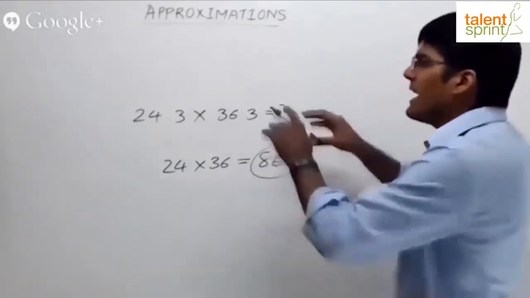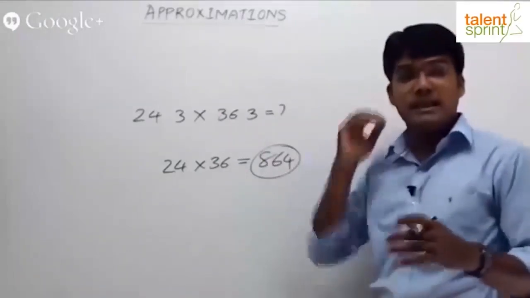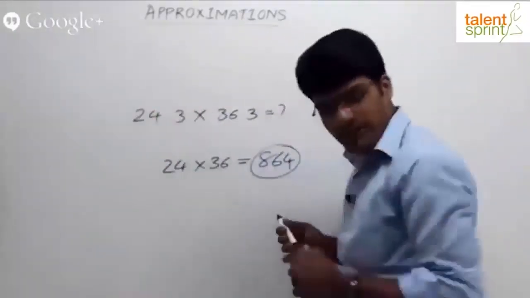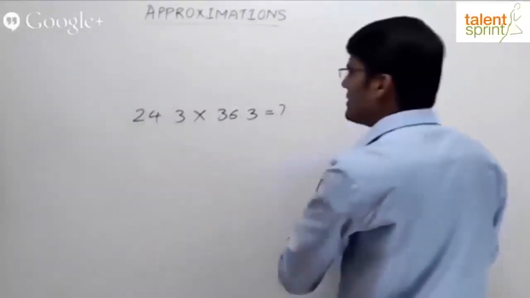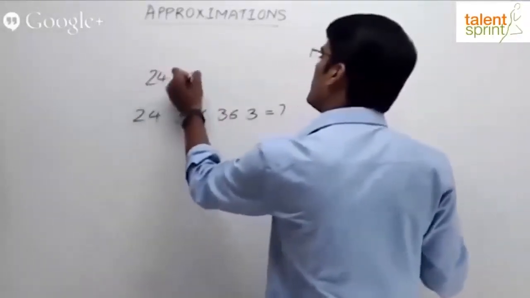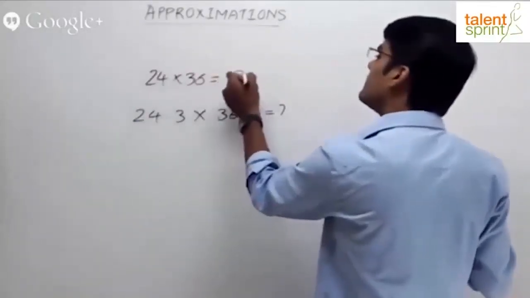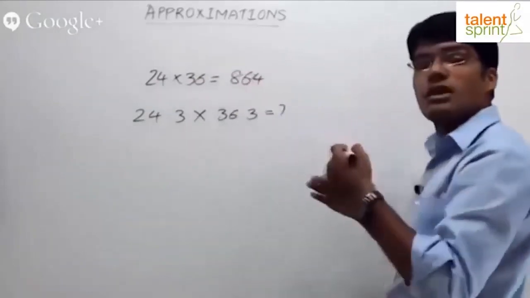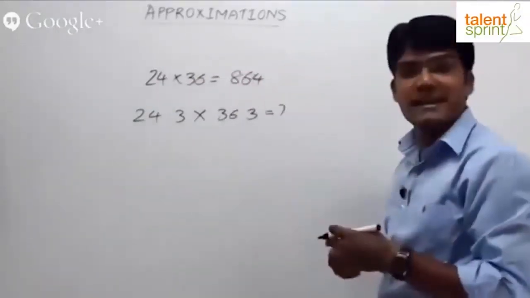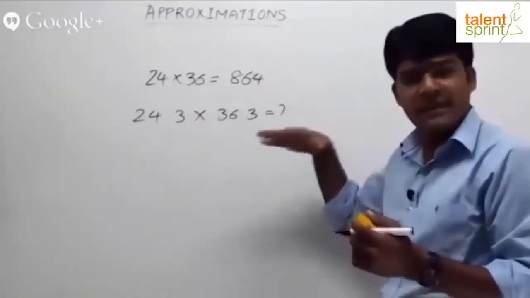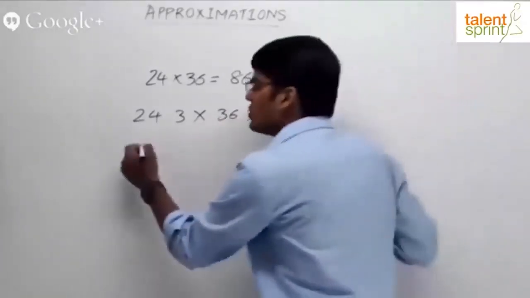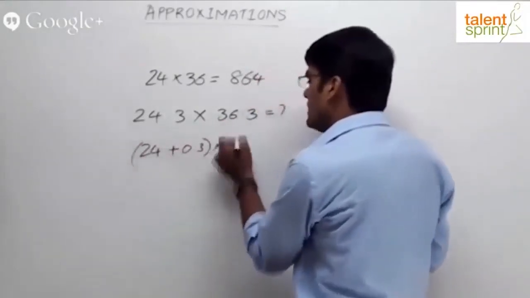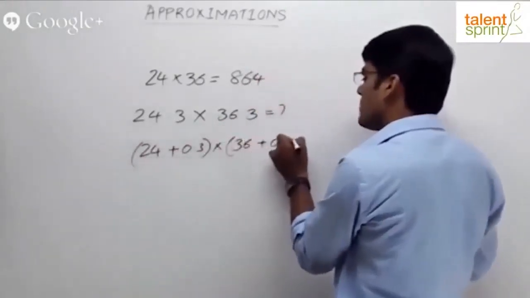Try to understand. I'll split 24.3 and 36.3, and let's understand what actually happens here. For example, if I take 24.3, you know that 24 into 36 is 864. 24 into 36 is equal to 864. So just keep this in mind, and let's understand how close or how far we are from the exact answer, right? The exact answer is not known to us. We'll not even calculate the exact answer, but let's understand the process. So 24.3, if I take it as 24 plus 0.3, into 36.3, if I take it as 36 plus 0.3,